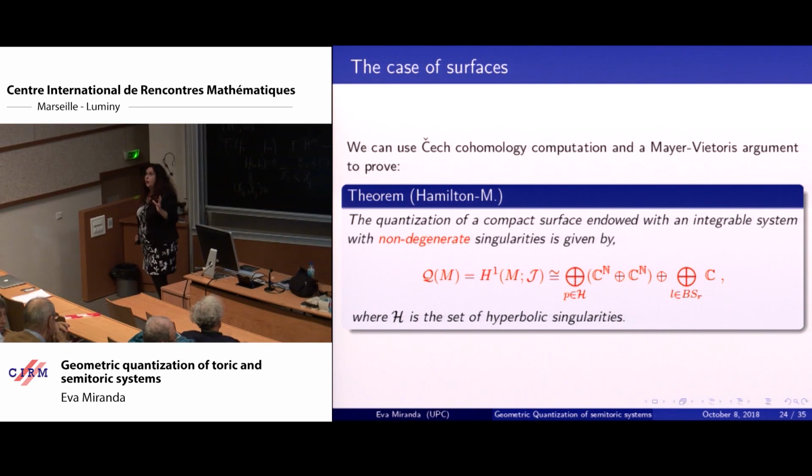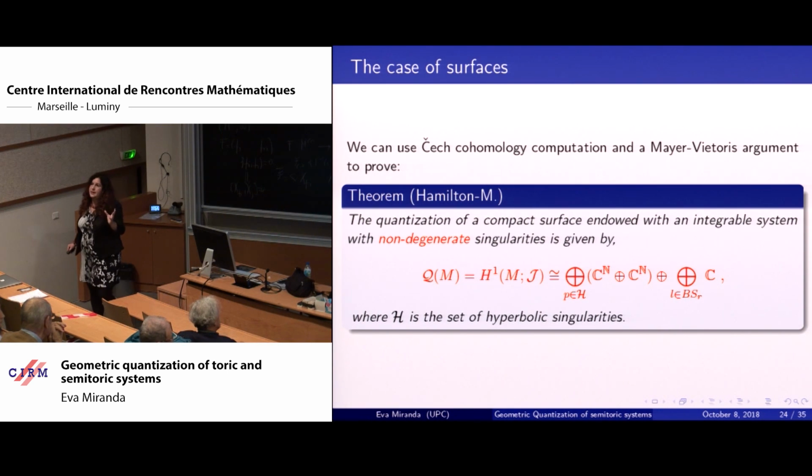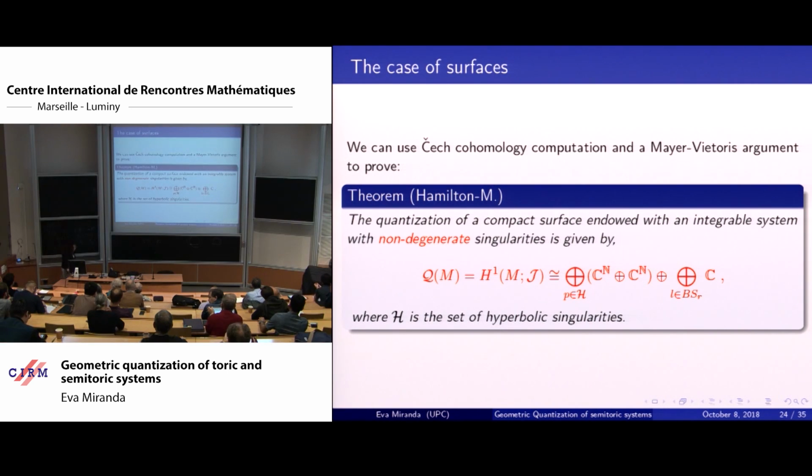So this is in particular infinite dimensional, so not very pleasant, because if you look for the quantization of a compact manifold, you want a finite dimensional representation space. So let's say Kostant's formula is giving me some infinite dimensional contributions. From the point of view of geometric quantization, this can be disappointing.